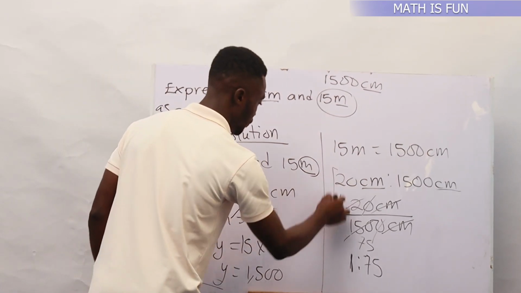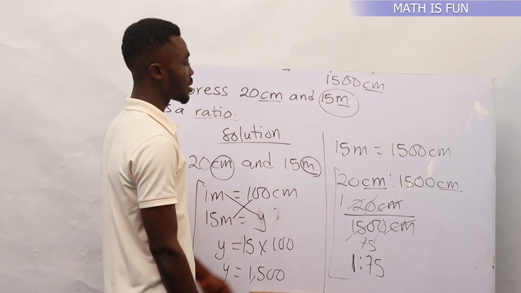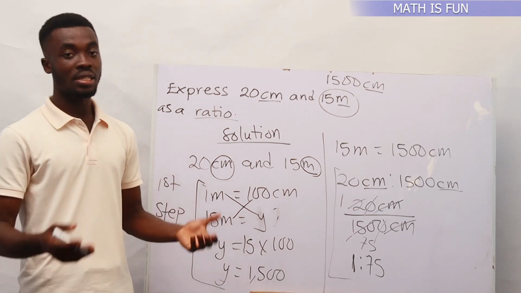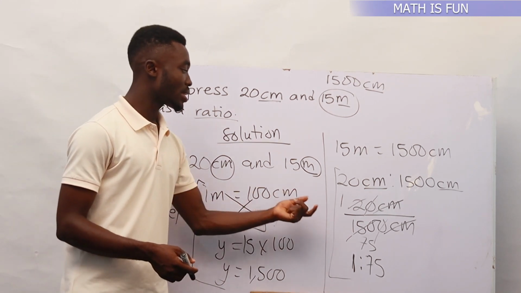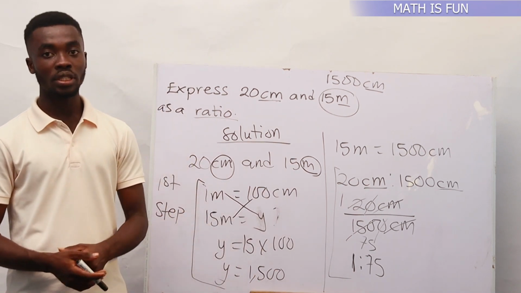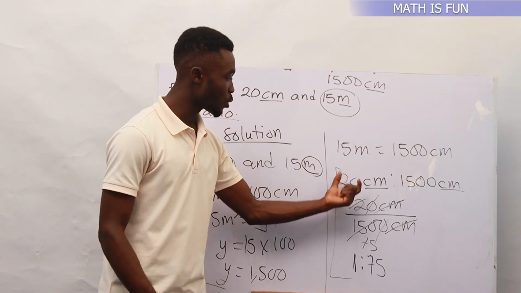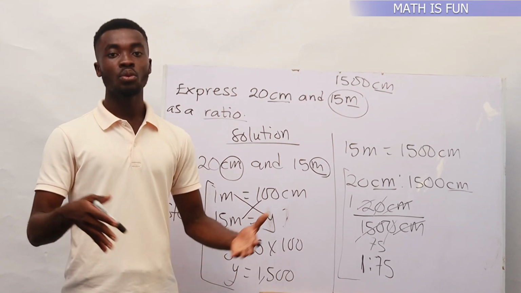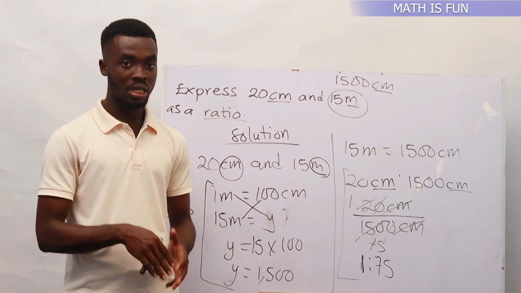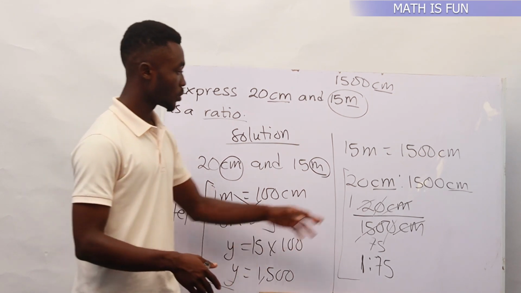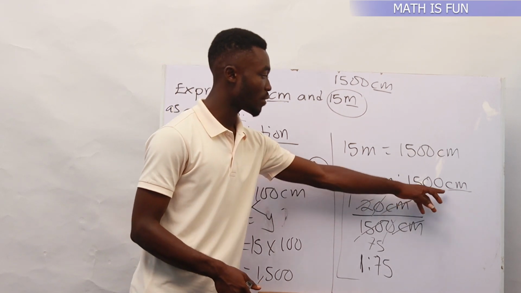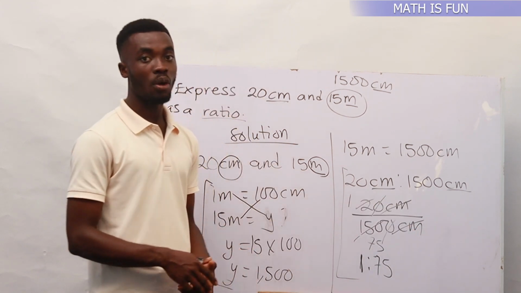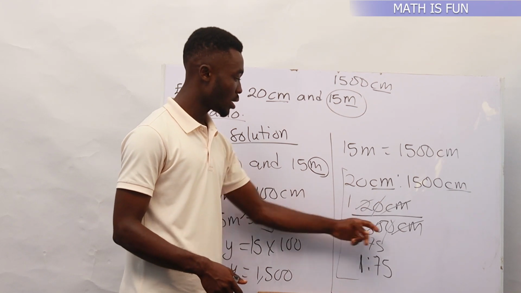Then our second step is to write the two quantities with the same units as a ratio. Knowing that in writing ratios we do not involve the unit, that is why I intentionally wrote this as a fraction, to show the reason why we do not have units in expressing numbers or quantities as ratios. So we have 20 centimeters divided by 1500 centimeters. The centimeters will take centimeters away. Then 20 will go into itself 1 and also go into